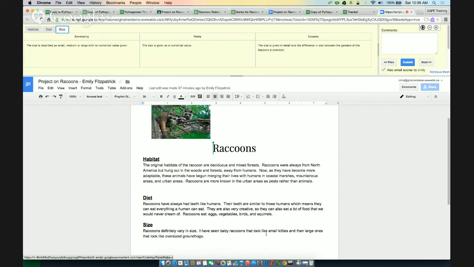I've seen baby raccoons that look like small kitties, and then large ones that look like oversized groundhogs. So we can see that I requested that the size was given as a numerical value. So the size was described as small, medium, and large, and no numerical value was given. So in this case, she's beginning to develop in this criteria. So up here in my comments box, I can type, Emily, I was looking for a numerical value for the size of the